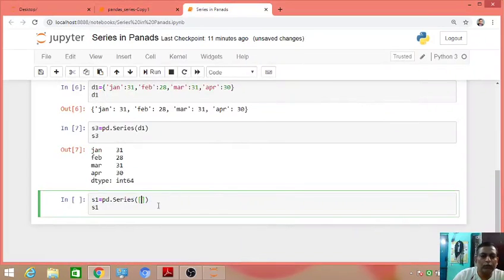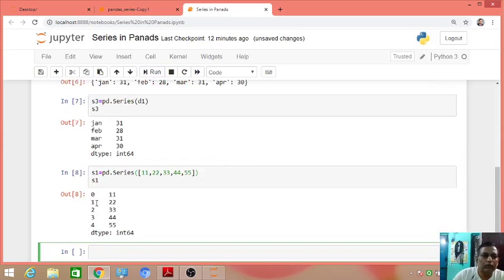Now I am going to create a series of integers, that is 11, 22, 33, 44, 55. As per the rule it will give index 0, 1, 2, 3, 4.